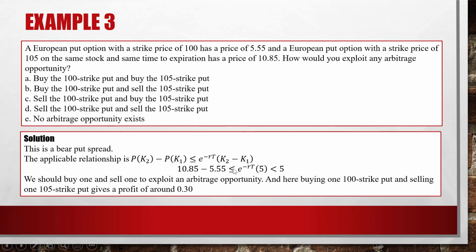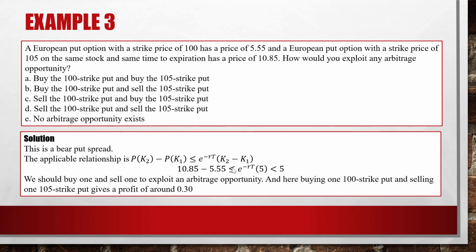The reason we have less than or equal here is that this is the relationship in the bear spread. So we got 10.85 minus 5.55 is less than or equal to e to the minus rT times 5,